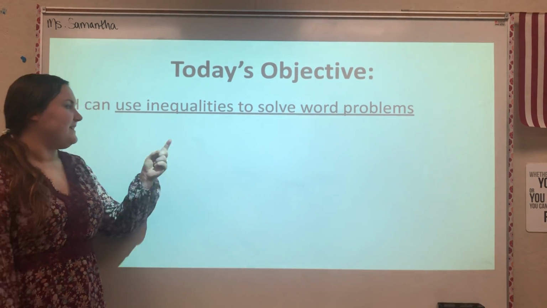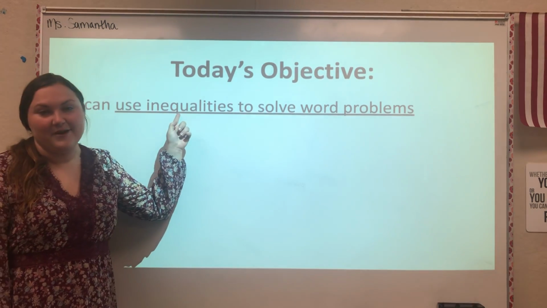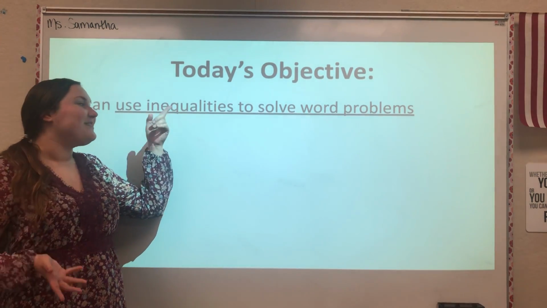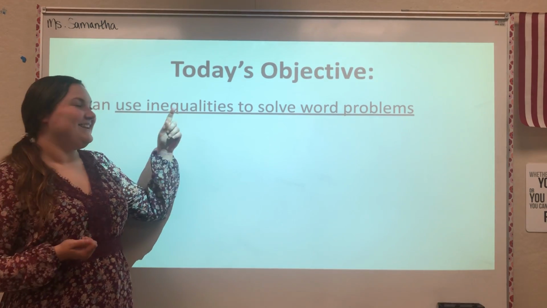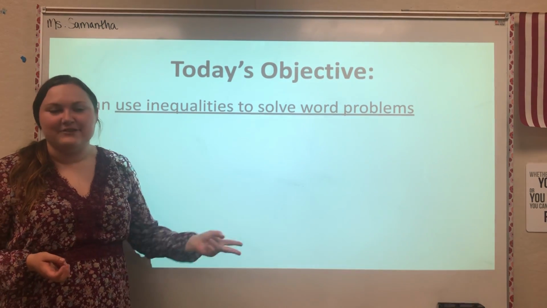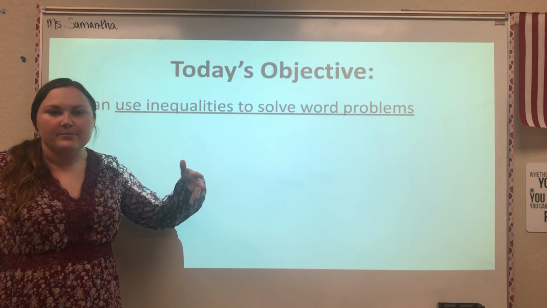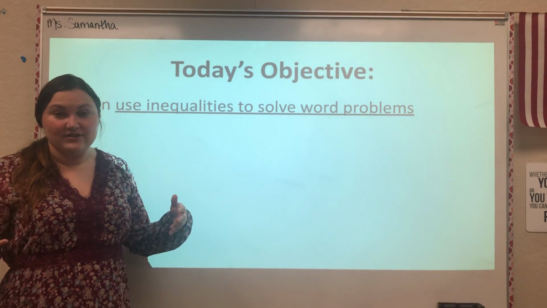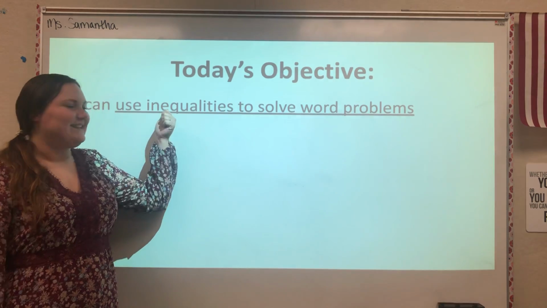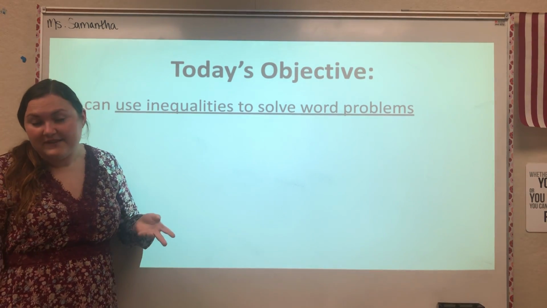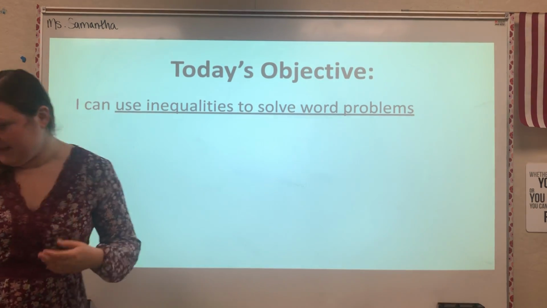The difference is going to be, today we're looking at inequalities, which if you were here with me, I would ask you, do you remember what an inequality is? Inequalities, remember, are those less than, greater than statements. So we've looked at word problems where you're representing it with an equation, a statement that has an equal sign. Now instead it'll have a less than or a greater than sign. So for our first example,